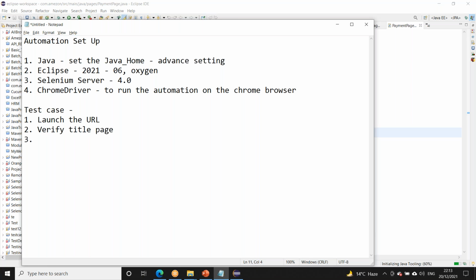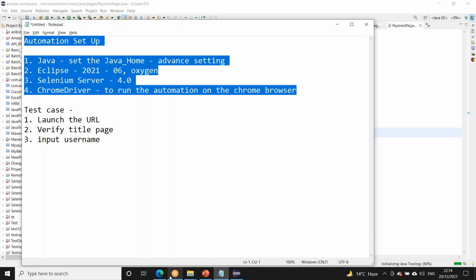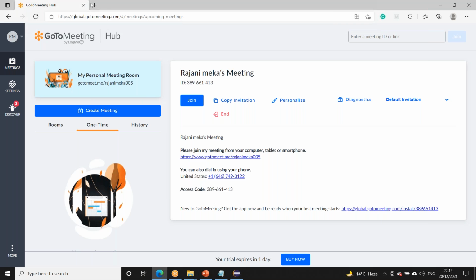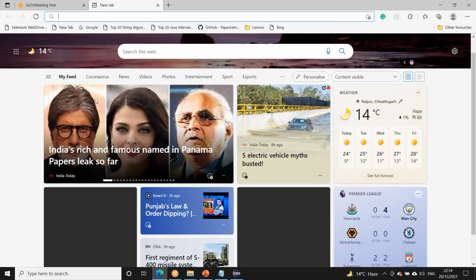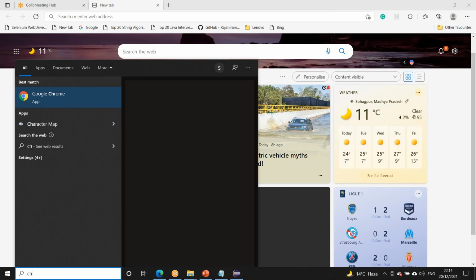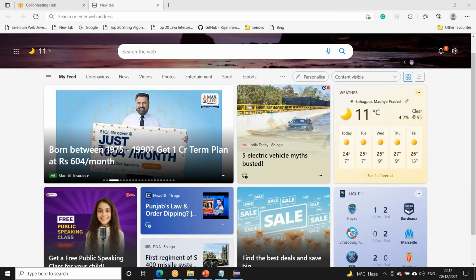Then input something, input a username or some field. So this setup is done and we will write a manual test case, then we will automate that test case. Simple, so that you understand it actually. That is what I wanted to show you guys here.